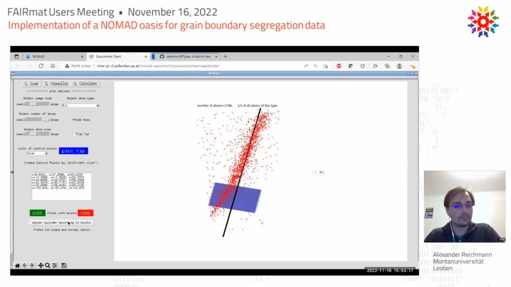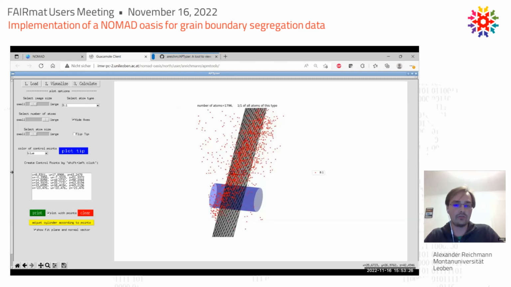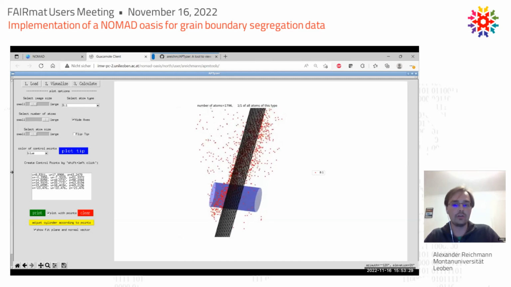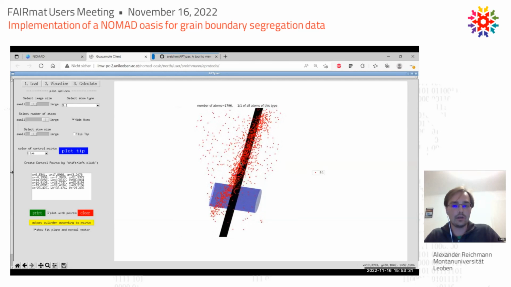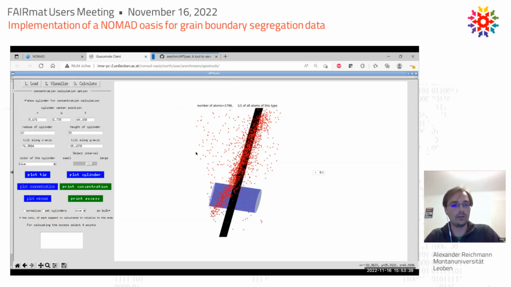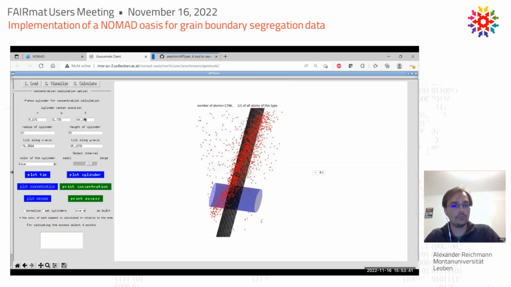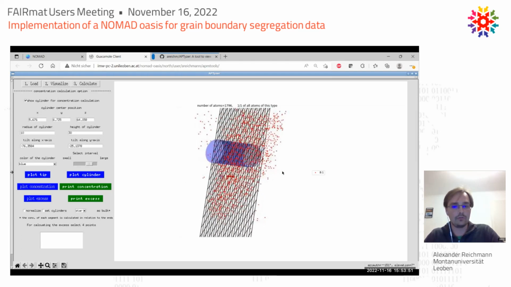But yeah, if you want to get it perfectly right, you have to really specify what kind of control points you are looking at, and where you want to place the cylinder. If you're not very happy with how your cylinder is placed, you can still change the coordinates yourself, like make it a little bit higher up, and then check it again. So yeah, for example,